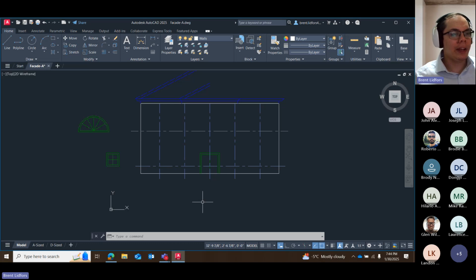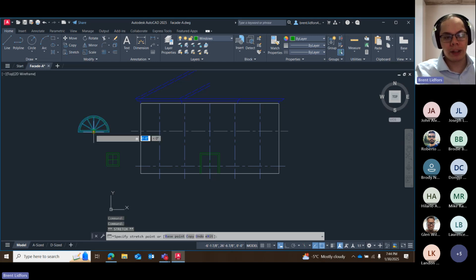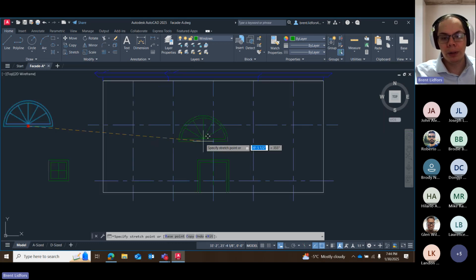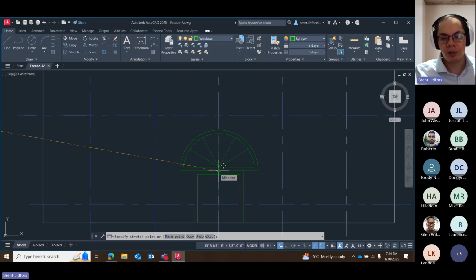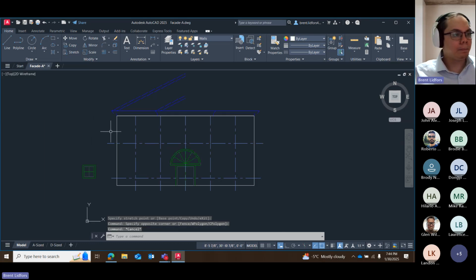It wants me to do the same thing with the arched window and place the grip at the midpoint at the top of the door. So again, selecting it, the default command here is move. And since I'm already using the grip point, which is in the center or the midpoint of the bottom of this window, I can just match that with the midpoint at the top of the door. So it's evenly set there. There's an even amount hanging off of both sides here. Okay. So I've moved my door. I've moved that